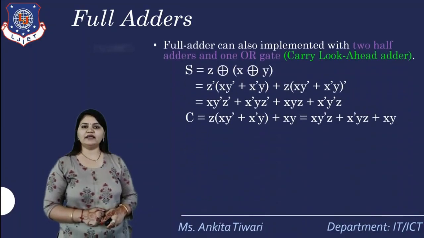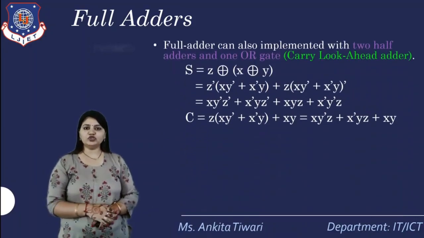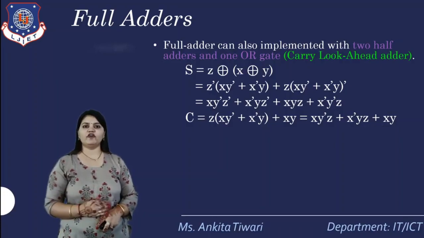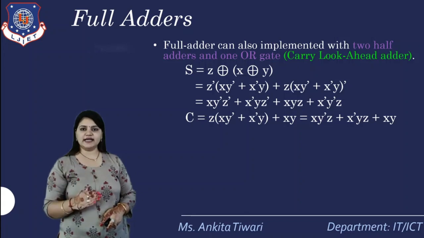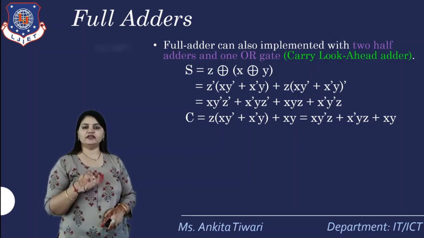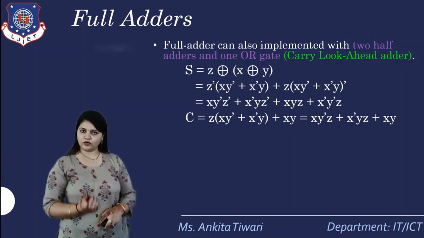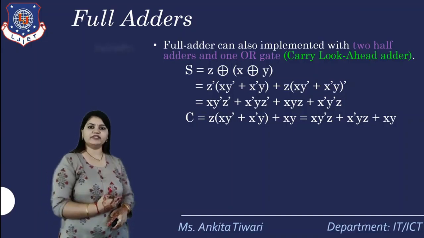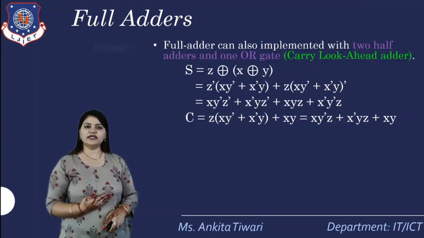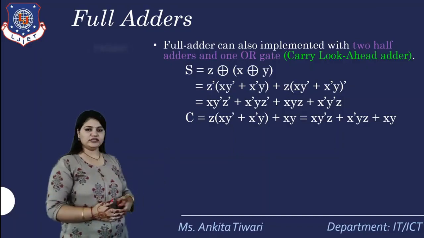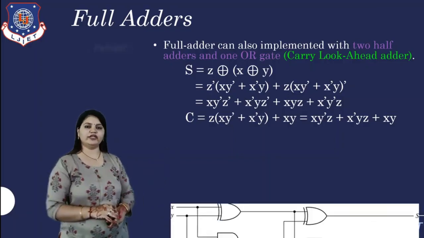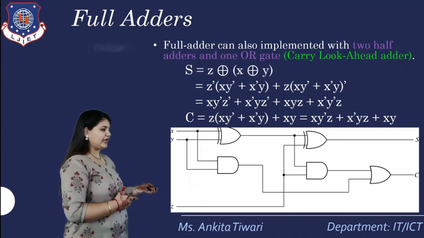Okay, so we'll put that in our two forms. For sum, suppose the 4 terms were not reducing. So we have put one common general form, and we got the answer as Z XOR X XOR Y in the form of X, Y and Z. The question is in the form of ABC, so here I have represented it in X, Y, Z. The carry equation, we got the same thing. It is not reduced, so we have put the answer as it is.